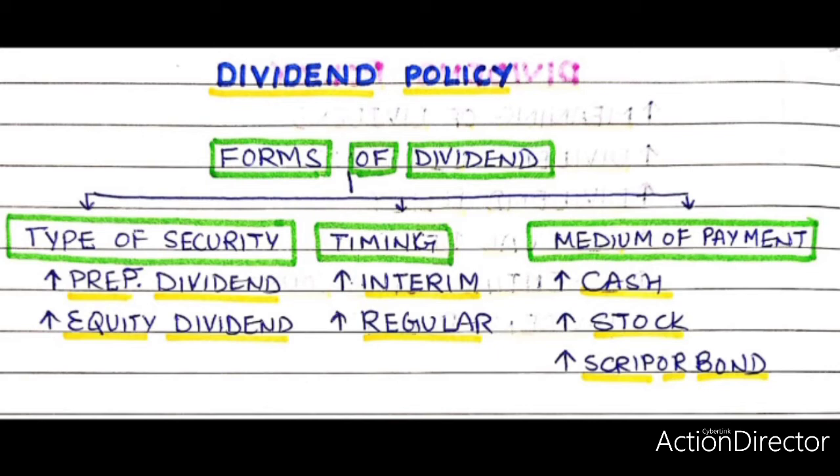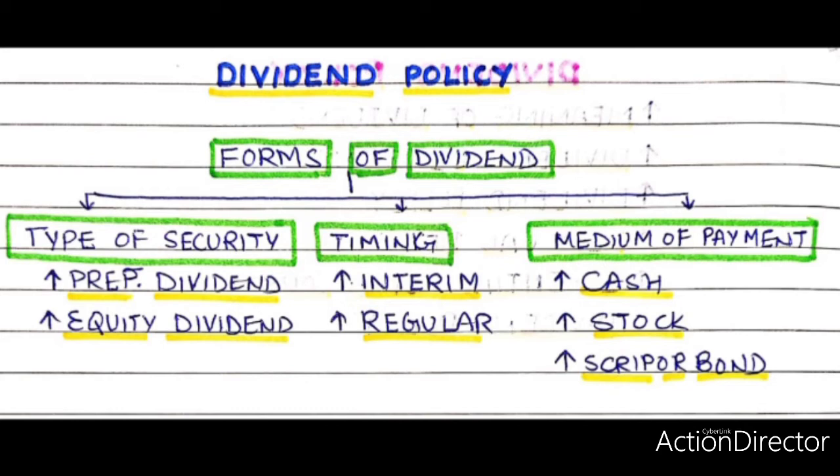Thus, stock dividend or bonus shares represent a distribution of shares in lieu of or in addition to cash dividend to the existing shareholders as per the guidelines issued by the central government. The issue of bonus shares is the conversion of profits into capital. Therefore, it is also called capitalization of profits.